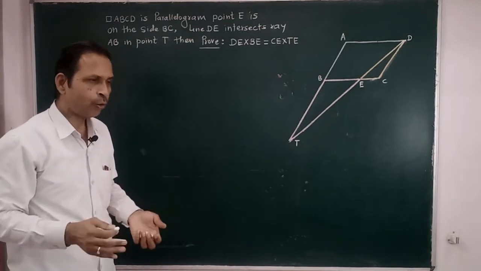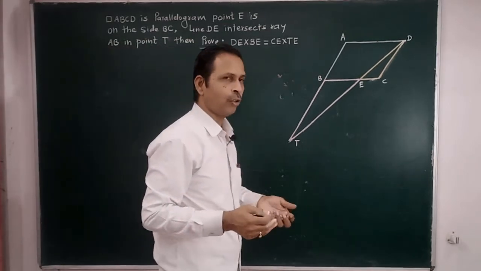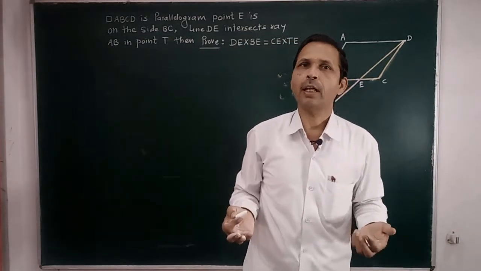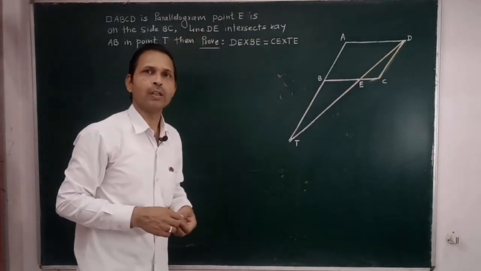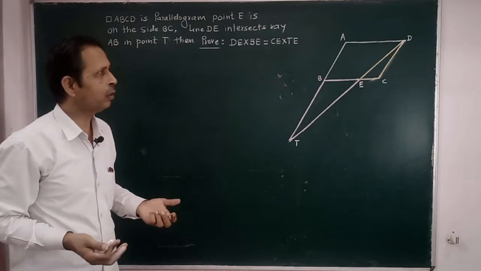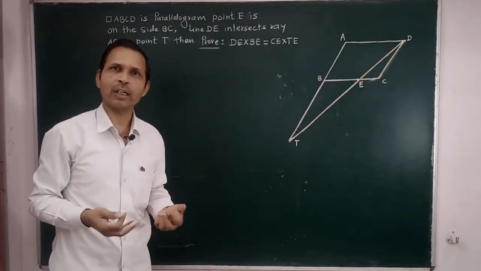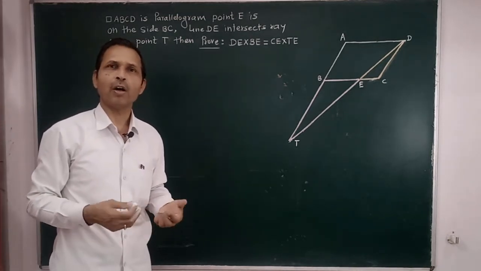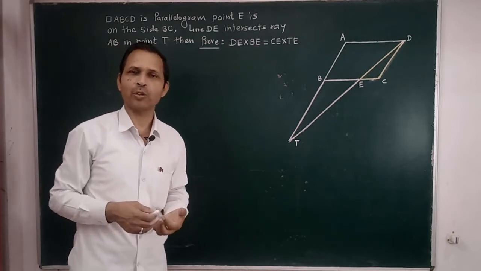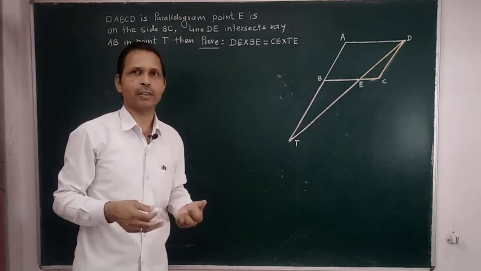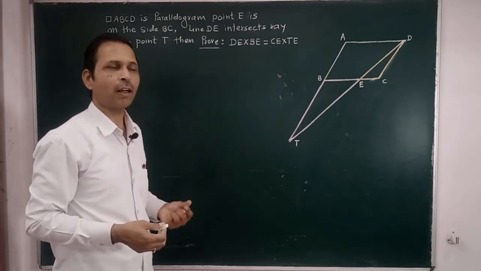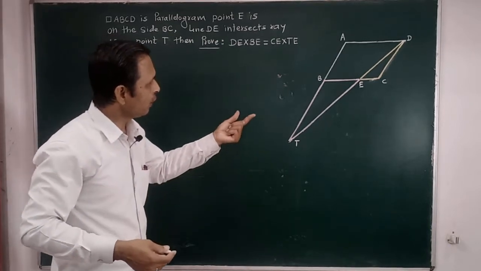Now when we have to show the triangles are similar, we know the three types of tests. Some of the angles are congruent, or some of the sides are in proportion and the included angle is congruent, or the three sides are in proportion. On that basis, we can show the triangles are similar. Now in this example,